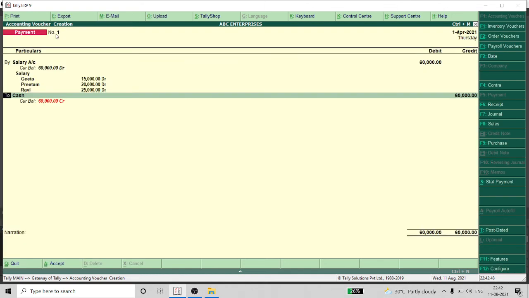This is how I have divided the total salary amount among these centers.